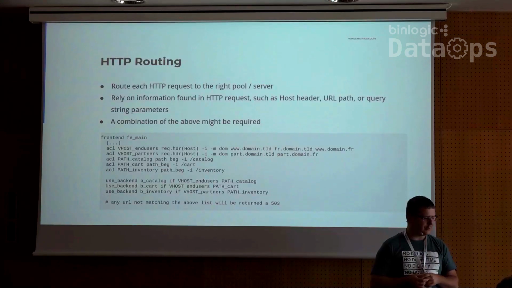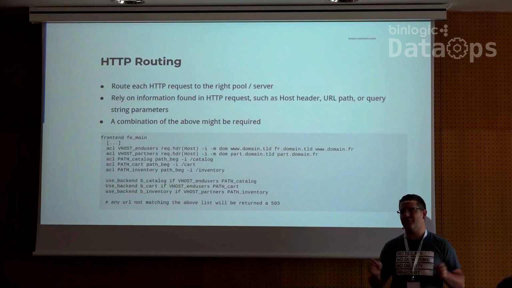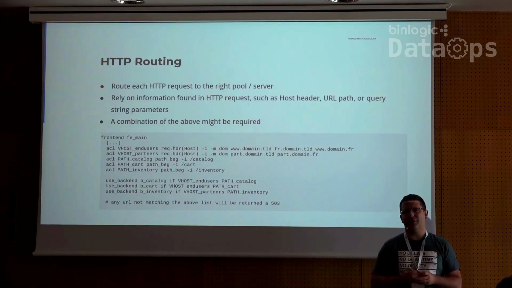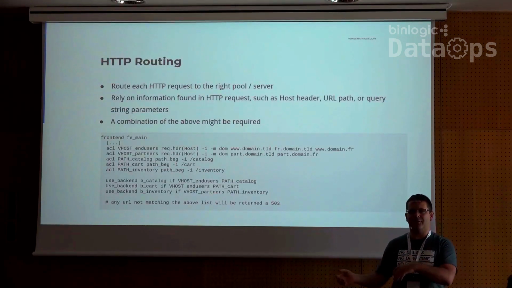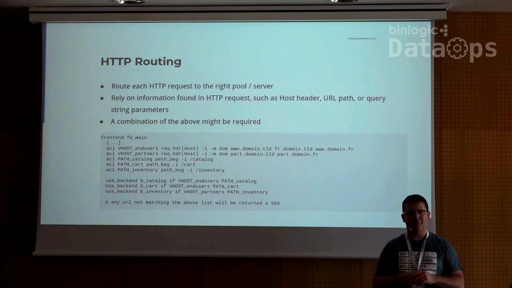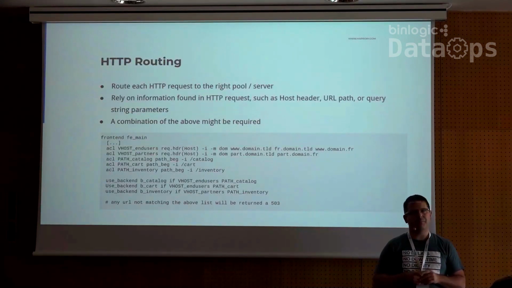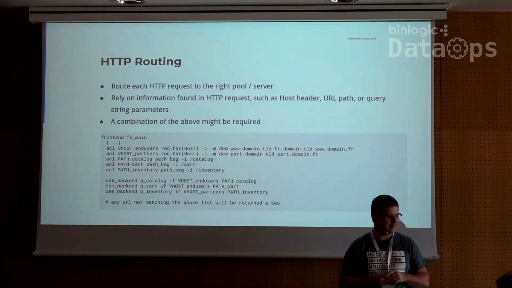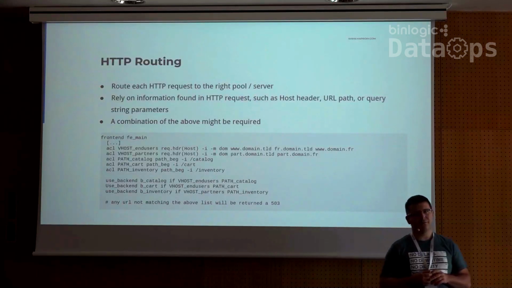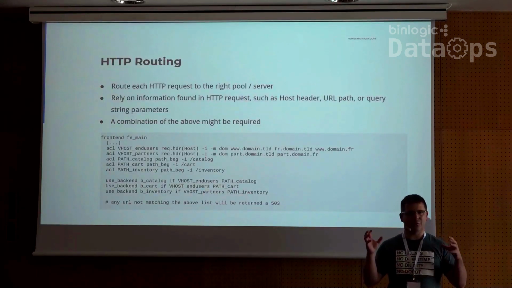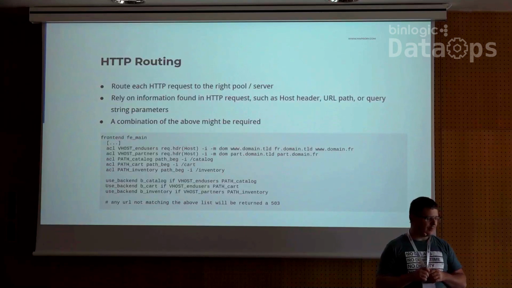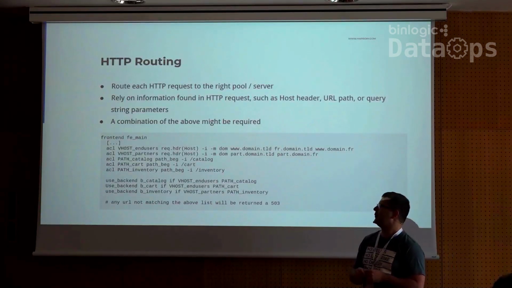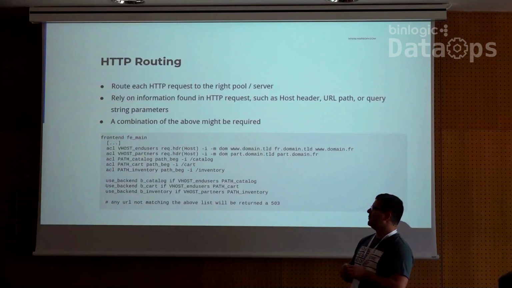So a routing decision could be taken on the host header, could be taken on the URL path, which are the most famous ones, you know, like slash foo to one server, slash bar to another server, etc. HAProxy can actually pick up whatever information is available in the request to do the routing. It's very flexible from this point of view. You can mix. So in HAProxy, what we call that an ACL. So we have a few examples of ACLs. And you can mix many ACLs together.